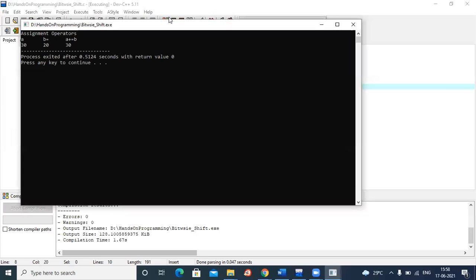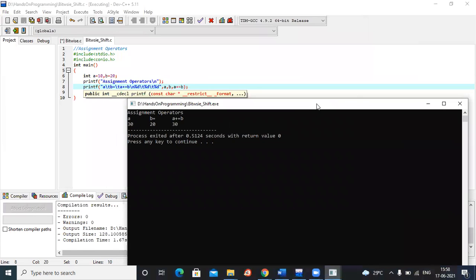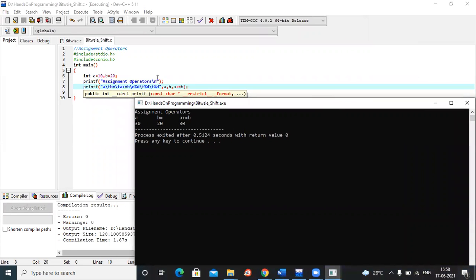The given value of a was 10. But now, by performing a plus equal to b, 10 plus 20, how much is the answer? 30. So 30 has now been replaced in the variable position a, it is stored in a. That's why you can see both the ways as 30.